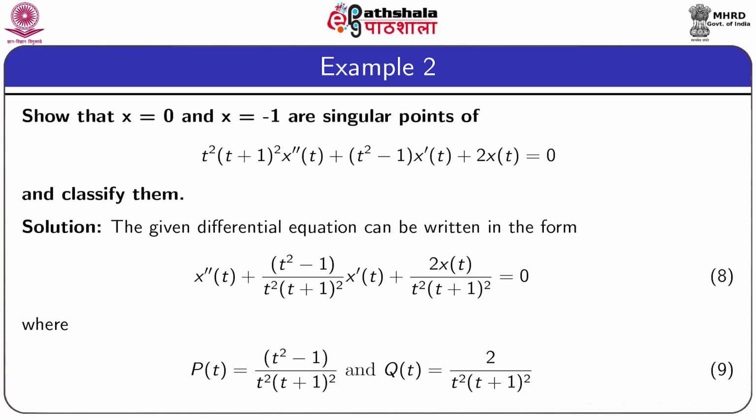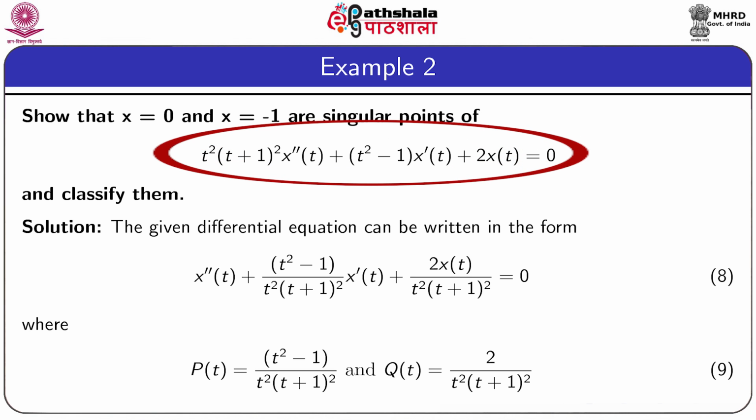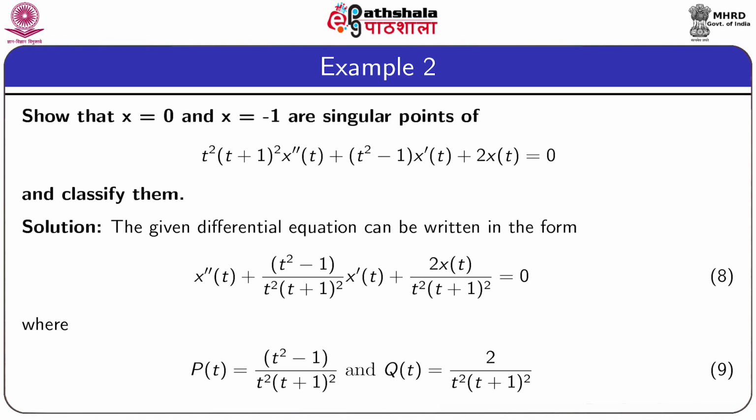In our second example, we have to show that x equal to 0 and x equal to minus 1 both are the singular points of the differential equation t square into (t plus 1) whole square x double dash t plus (t square minus 1) x dash t plus 2 x t equal to 0, and then we have to classify the singular points. We divide the given differential equation by t square into (t plus 1) whole square, and